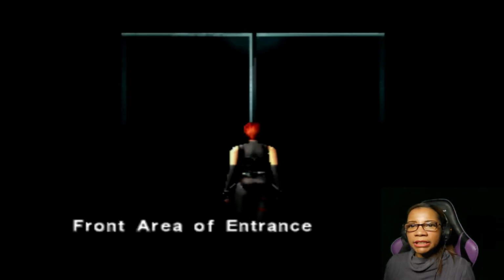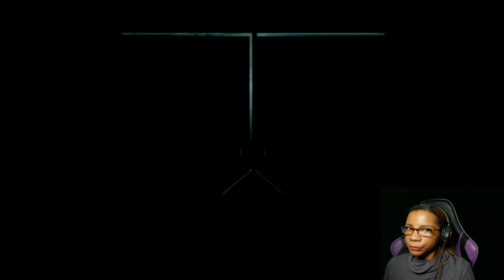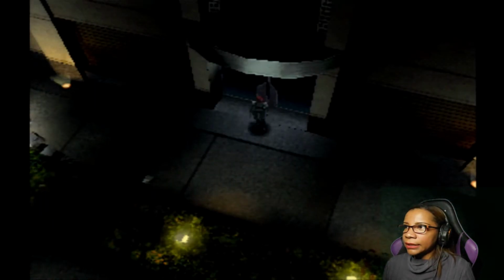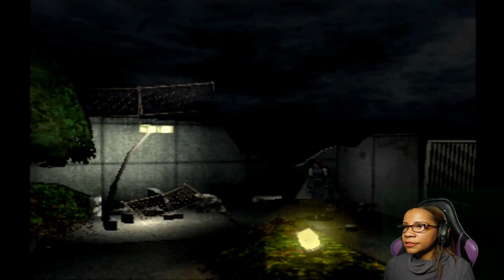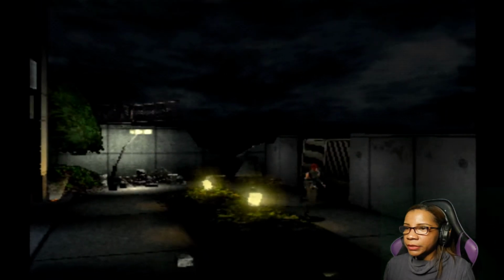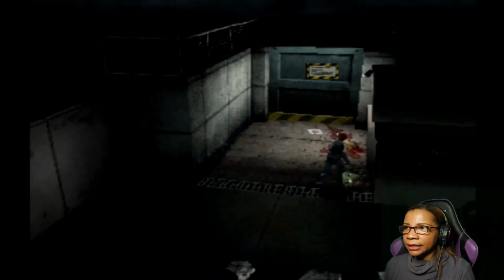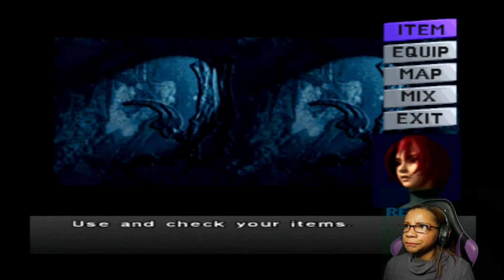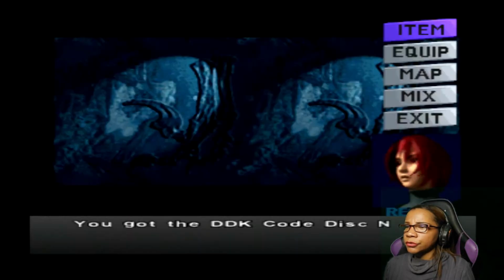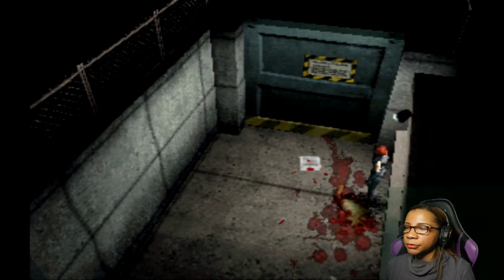Personally, that mixing mechanic, it's interesting. I do feel like it is a little bit convoluted. And it also leads me to want to discuss the health system. So you know how in games like Resident Evil, and forgive me, because I will be picking up shotgun shells, beautiful. I will be drawing a lot of comparisons between this game and Resident Evil. I mean, it's made by the same people who...